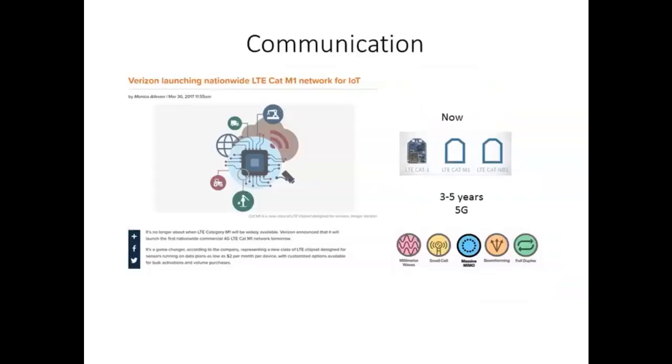So again, this is a new thing Verizon has launched in the last year. It's called Cat M1 Network for IoT. When 5G comes out, the cost will go down even lower. The amount of data that comes through these very small IoT sensors is so insignificant that it doesn't even put a hit on their network. So they finally realized that they should offer something like this because they're missing out on a whole segment of market and new revenue streams.